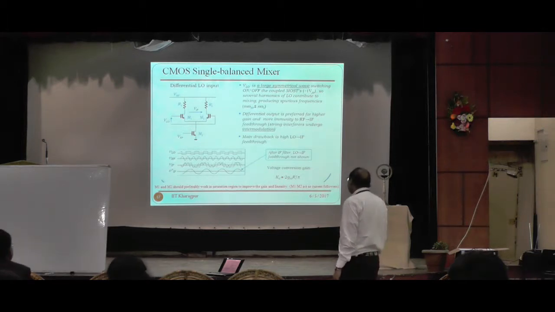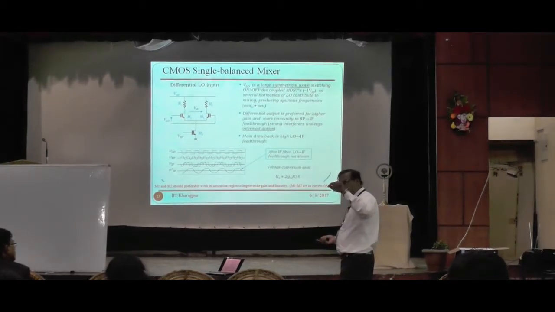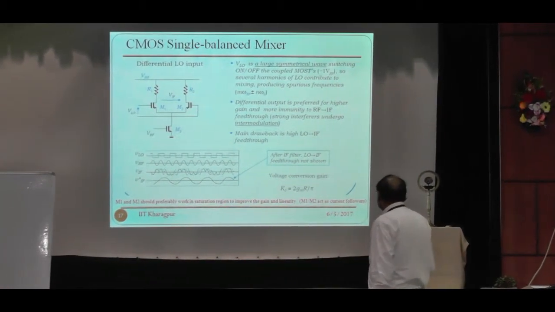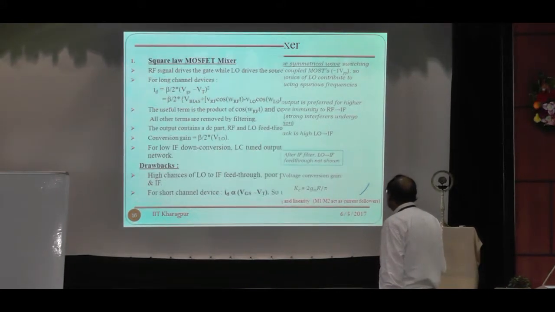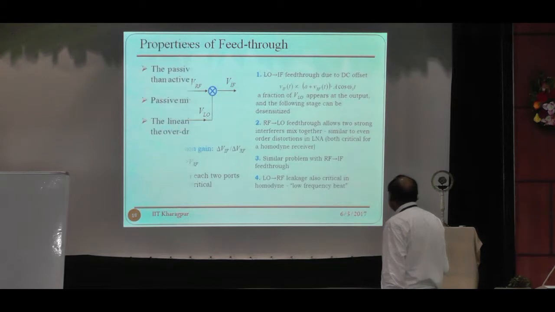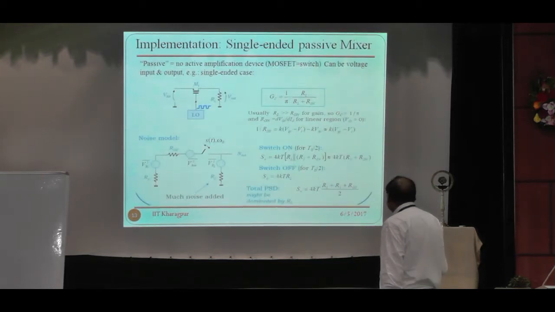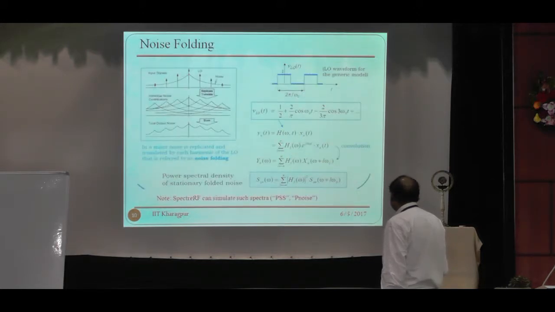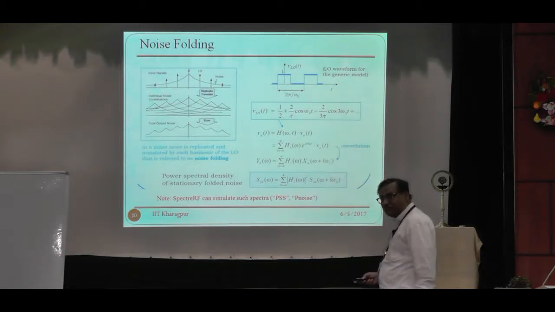So the intrinsic gain of this transistor is GM into R, and the 2 by pi factor comes because of this square wave calculation. You know that in a square wave the 2 by pi comes. So that part is coming, so it is giving 2 by pi GM into R. If you understand how this 2 by pi comes, it is like giving you already this idea. So you remember, 2 by pi GM into R is the gain of this